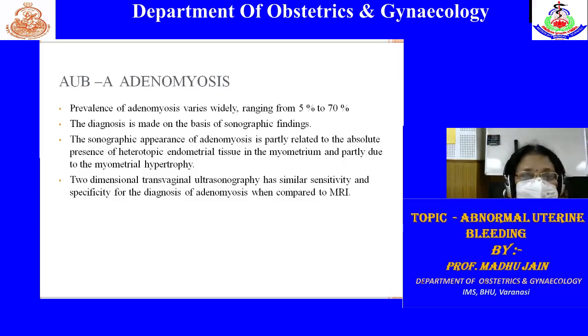Second is adenomyosis, that is known as the AUB-A. The incidence varies from 5 to 70% depending upon what criteria you use sonographically and depending upon the expertise of the sonologist. The sonographic appearance of adenomyosis is the presence of a heterogeneous myometrium due to the presence of heterotopic endometrial tissue in the myometrium and partly due to the presence of myometrial hypertrophy. And the second most important point is the loss of the endometrial myometrial surface. Sometimes when you are not able to diagnose by TVS, transvaginal sonography, then you have to take the help of the MRI